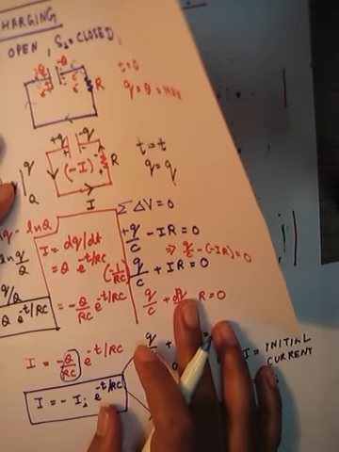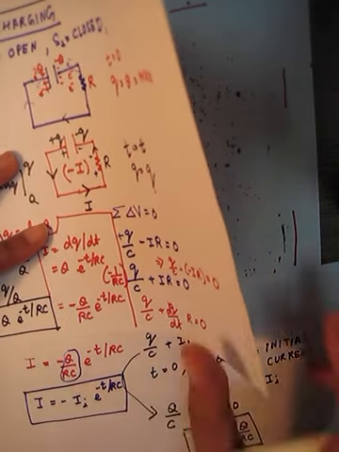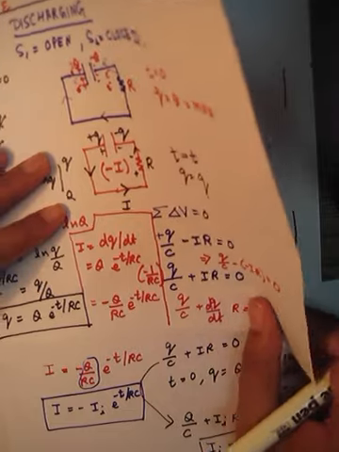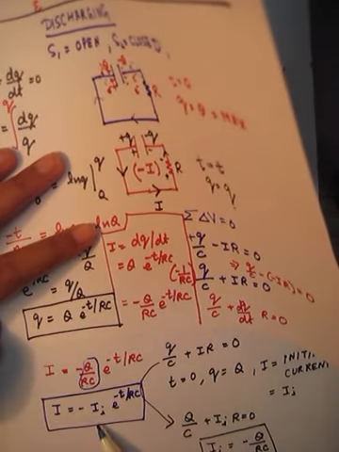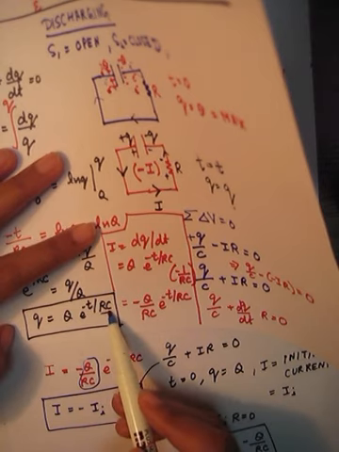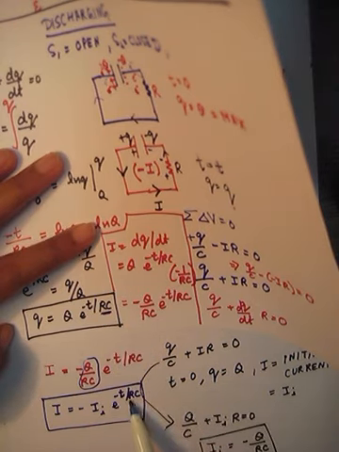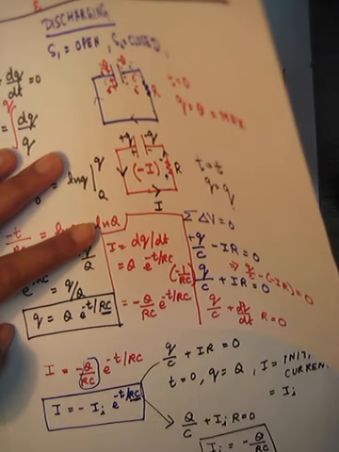Okay, so it means that the charge will decrease exponentially and the current will also decrease exponentially with time, and it will have a time constant of RC, which will be constant. Okay, that's all for